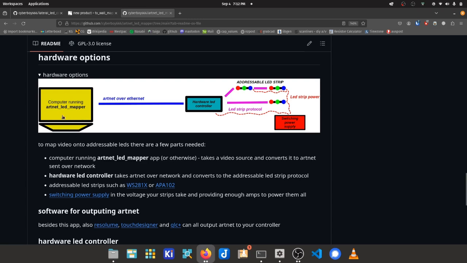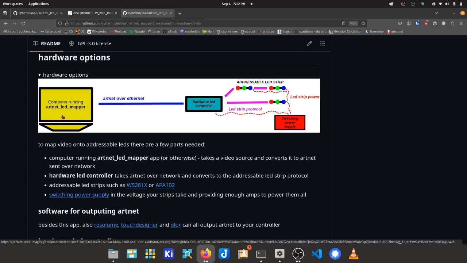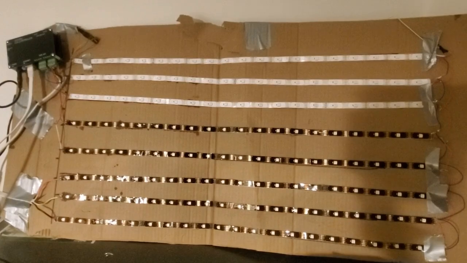Here we are on this side, the computer which is running ArtNet LED Mapper, our mapping software. This outputs the ArtNet, which is a DMX over network protocol for controlling lights. This is sent to the controller, which we talk about in the other video, and this is connected to the addressable LED strip. So we should be able to see now my very janky practice LED